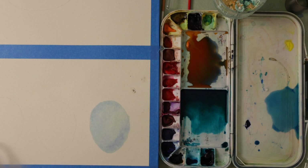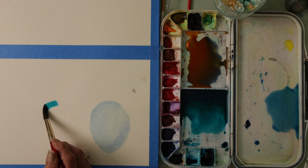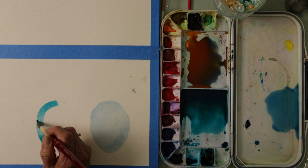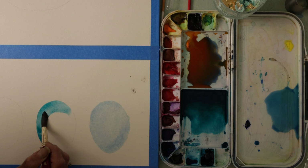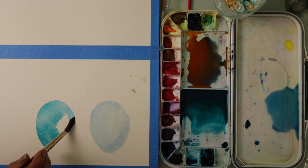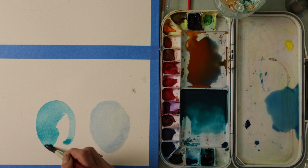Not sure what that is. Looks like some paint. Oh, I kind of went out of my egg. And I kind of want to keep all these edges wet so that they don't form hard edges. It had a highlight up there. It can be